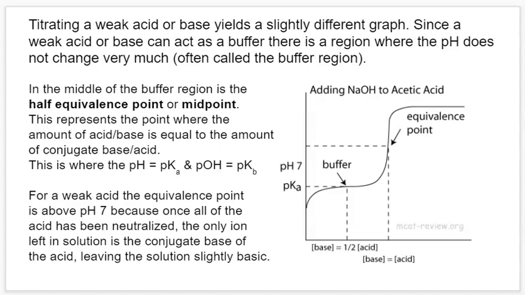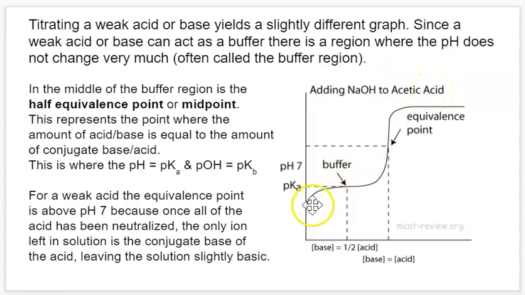So those graphs that we just looked at apply to the titrations of strong acids or bases. When we look at the titration of weak acids or bases, we see a slightly different type of graph, and this is because of buffering. We know that a weak acid or a weak base will behave as a buffer when it's in equal proportions to its conjugate. That means there's going to be a region on the graph where the pH is not going to change very much. For example, see here we have sodium hydroxide being added to acetic acid, which is a